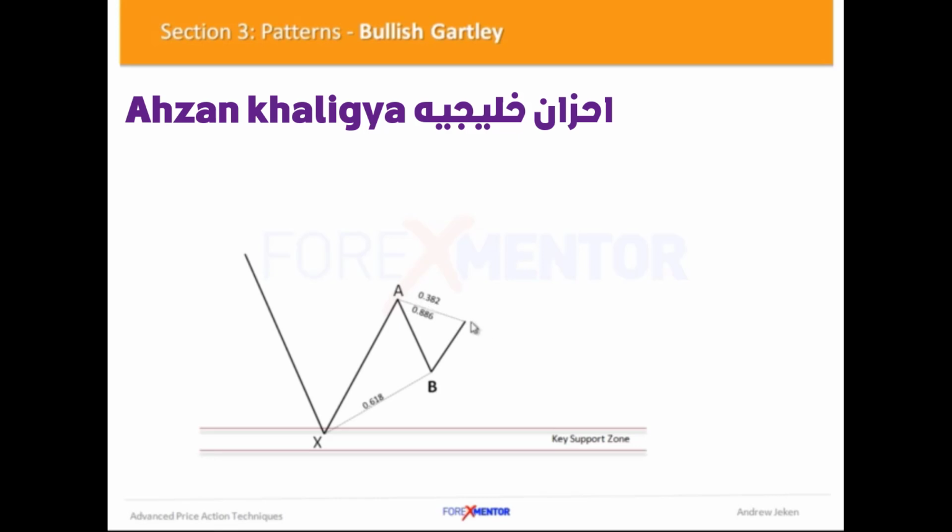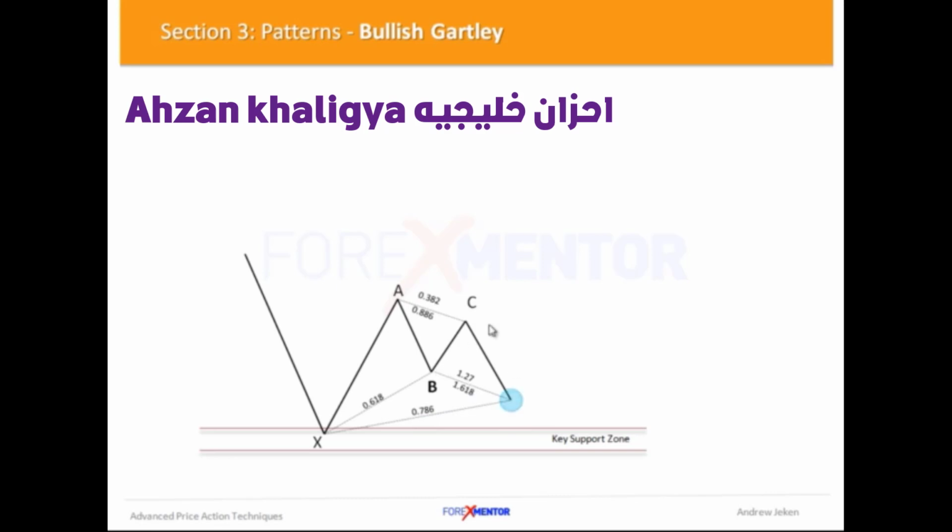We're then looking for price to drive down, having a run down at the lows, and we're looking at a 79% retracement of X to A, and the extensions we're looking at from B to C are anywhere from the 127 to 1618 extension. So we're looking for that confluence of the 79 retracement or the 786 retracement with the 127 or 1618 extension,